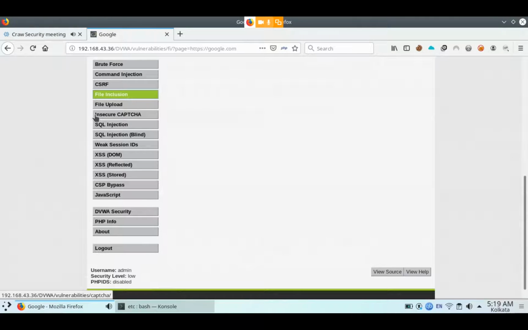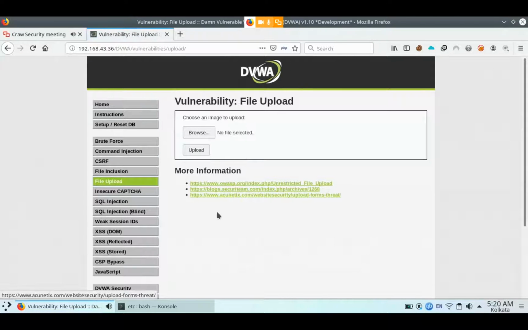Is that clear now? May I proceed to file upload? Here in file upload, through file upload, you can access all the things.